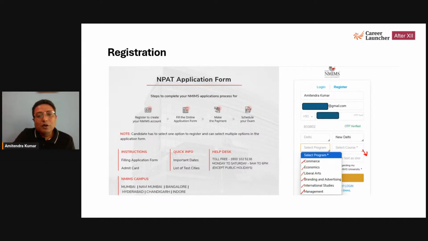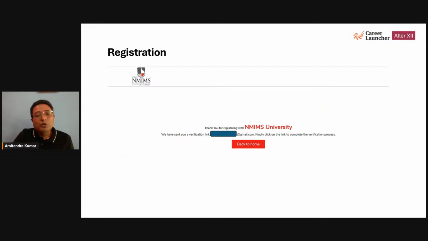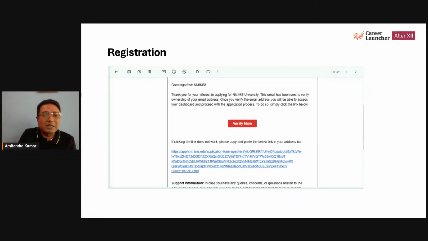So once you move on, you get the details. The page will show that we have sent the verification link to your email, the email which you used for the registration process. And then you have to go back to your email. There would be a link available there which says verify now. So you have to log into your email ID, the one which you have provided over here.